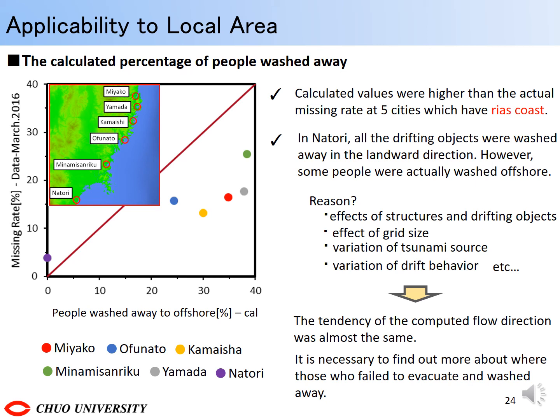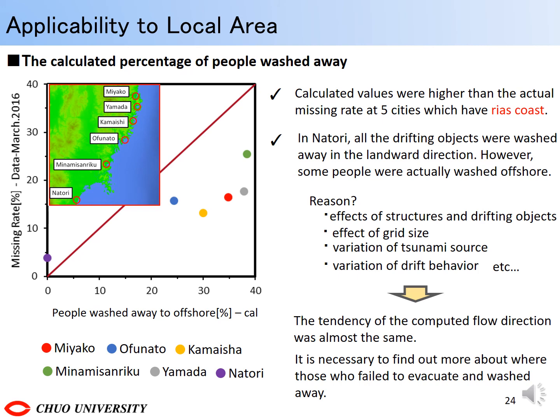It was also found that the proportion of missing people changes greatly depending on the shape of the bay and the topography. Due to the greater fluid force acting than in reality, and the exaggerated drifting behavior, the calculation result for people washed away became excessive in areas with a ria coast. On the other hand, in the plains, objects were swept to the land side more than they actually were, and it was significantly underestimated because it was not affected by the pulling waves. Therefore, it is necessary to improve the moving distance in the flow direction.